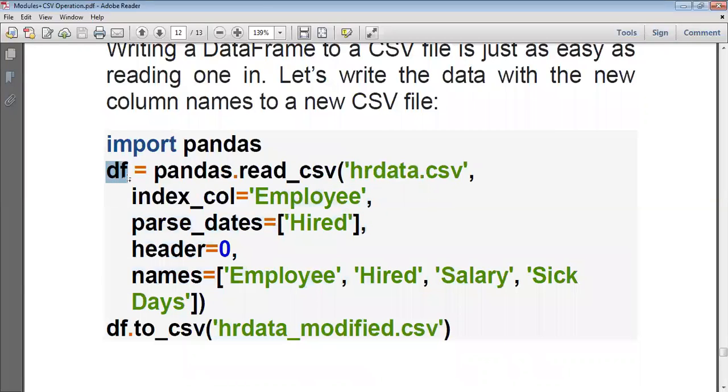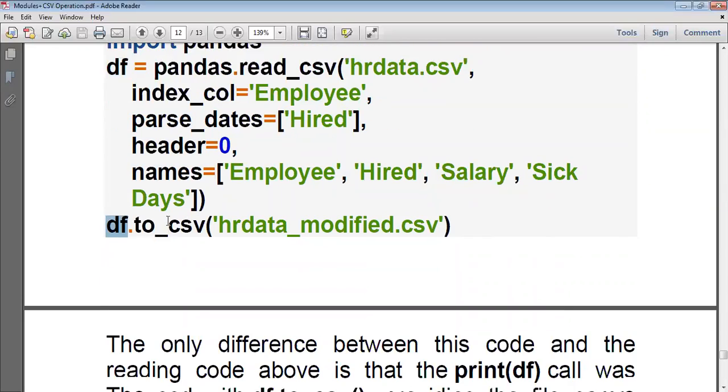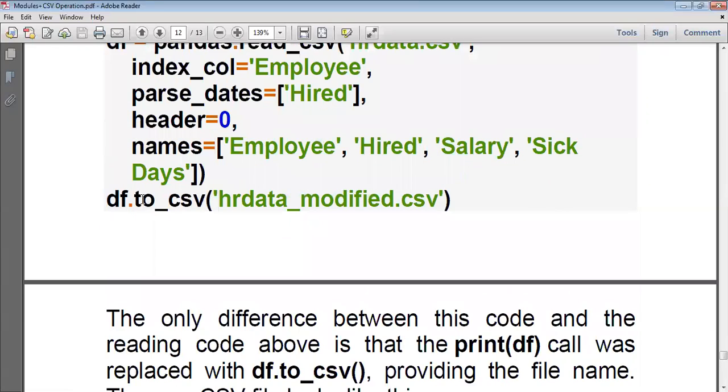So this df object will consist of the entire content of the hr_data.csv file now with all these modifications. Next, I want to write it into another CSV file. So using this df, .to_csv. This is a function that is used for writing into the CSV file.